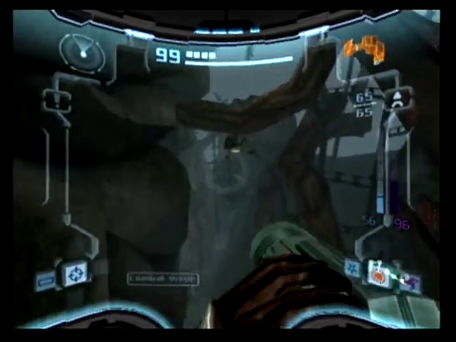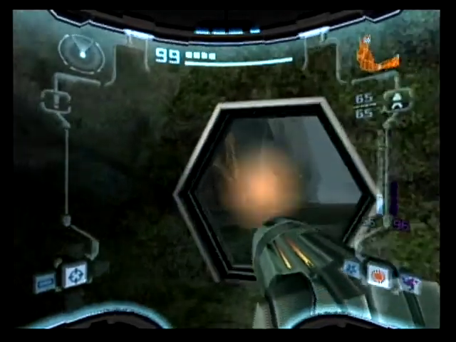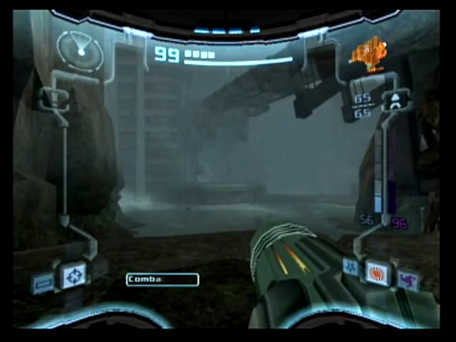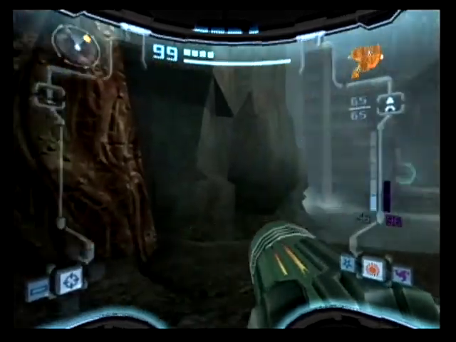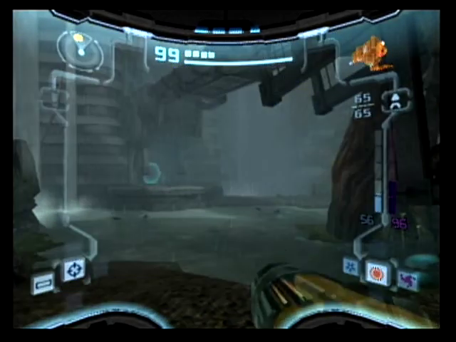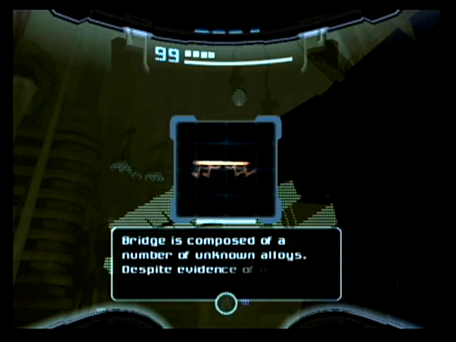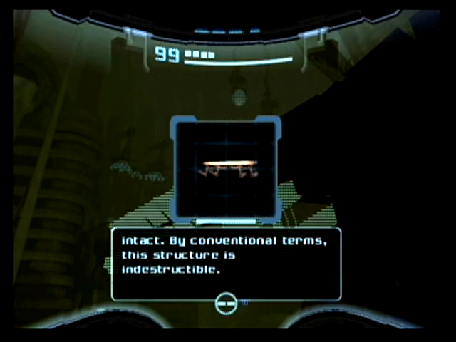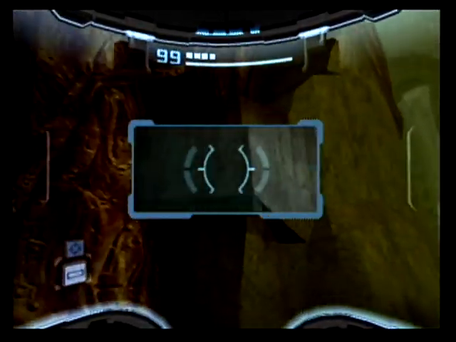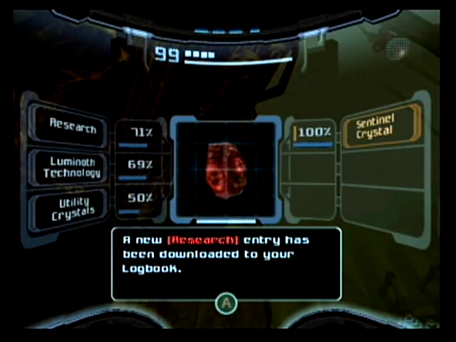Yeah, we're missing our grapple beam still, so we can't swing on over to that missile expansion. I see things in the water that I can't quite scan yet. I'm gonna scan this bridge first. That's too far away to scan. Oh, but we can scan one right here. And this is a logbook thing, so